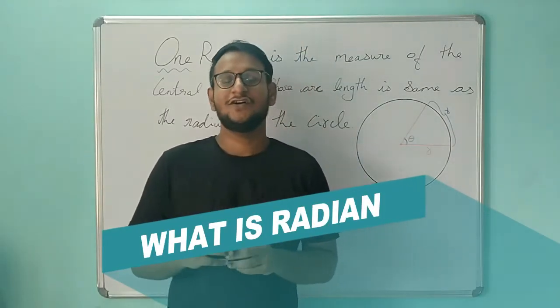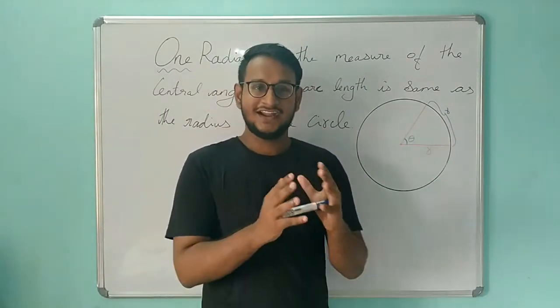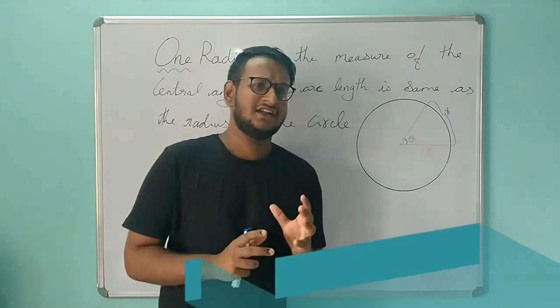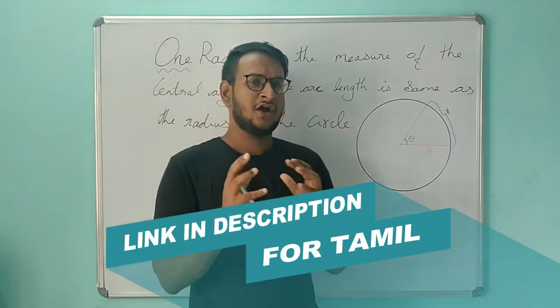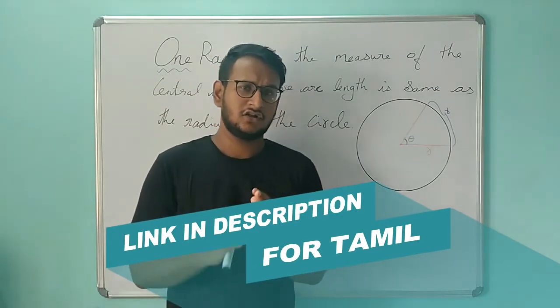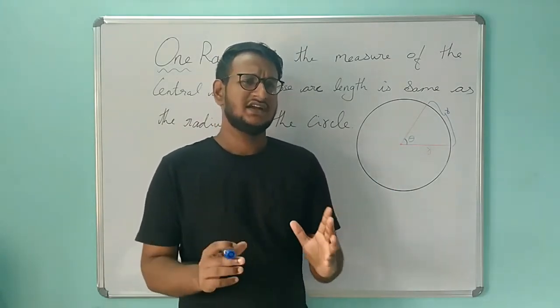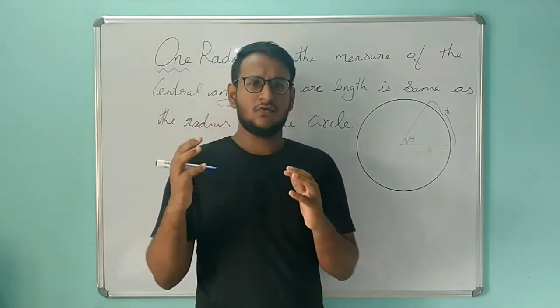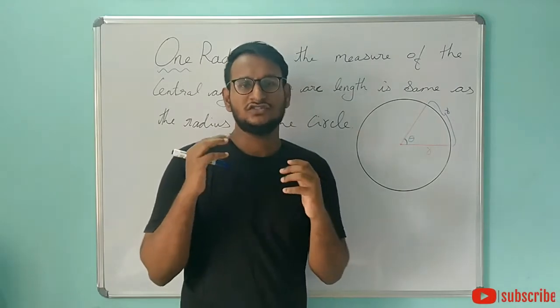I am Ram. So today we are going to see about radians. Radians is something important in trigonometry. You might have heard of radians in your school days where you learnt about the trigonometry table and all those things. So what is radians, and how is that important to trigonometry and present-day modern mathematics, is what we are going to see today.